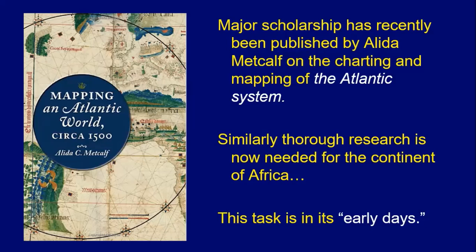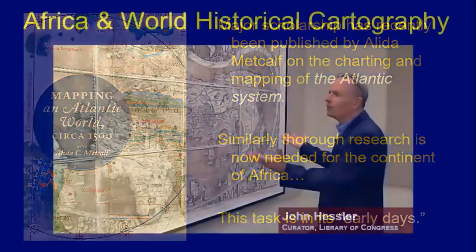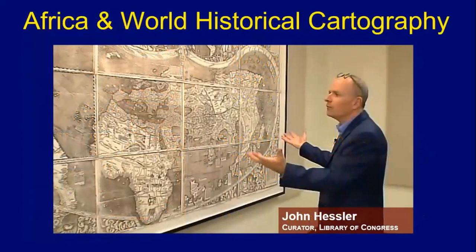So we're looking at early days in African cartography in two senses here. Early days in terms of the maps themselves, some of the earliest maps, but also early days in terms of the conception of what needs to be done in the scholarship we've just begun. African and world historic cartography has been considered for a while because Africa figures prominently on some of the earliest of the world maps. In fact, the